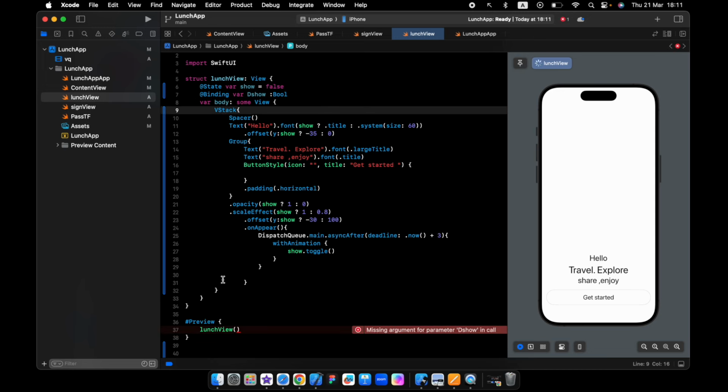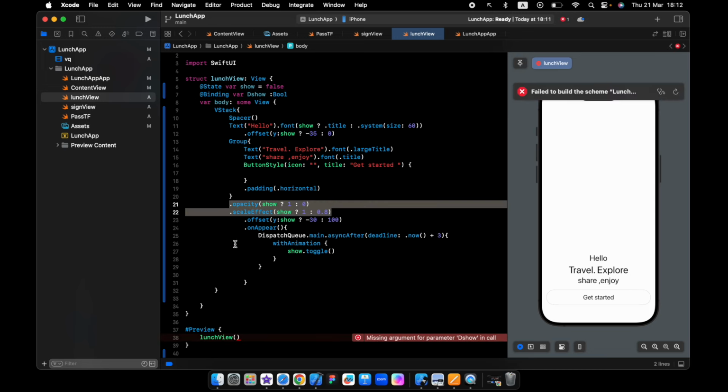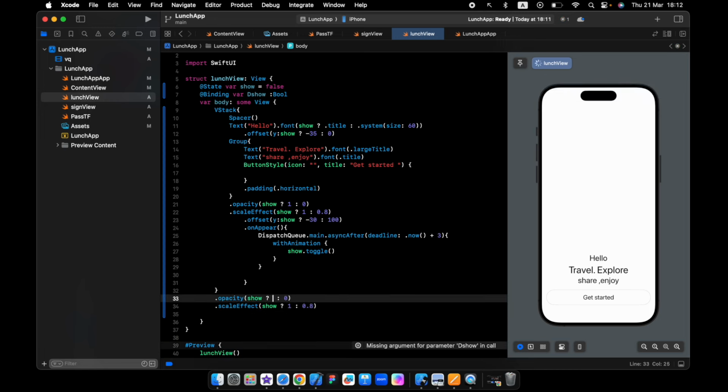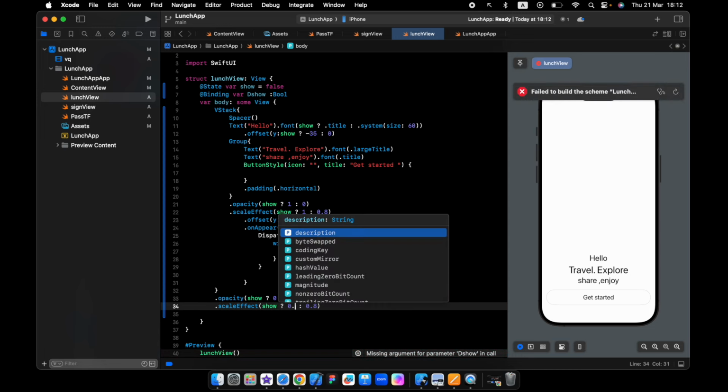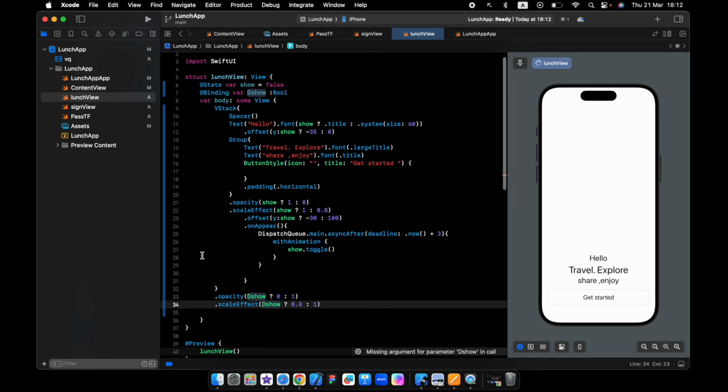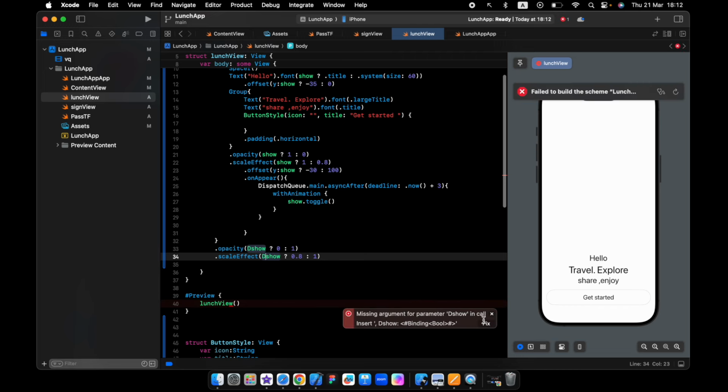After the VStack, we'll copy this. This one will be 0, 1, 0.8, 1, D show. We need to pass in